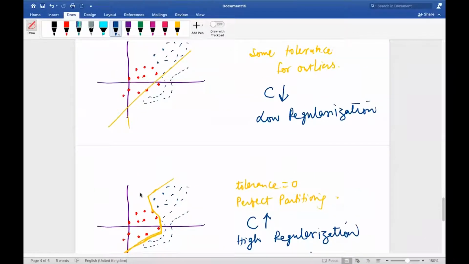And if there is low regularization, it is leaving out some points, which is also not good. So in between these two, we have to play, right? Which one is better? I don't know. Correct? You understand? It depends which one is better for you.